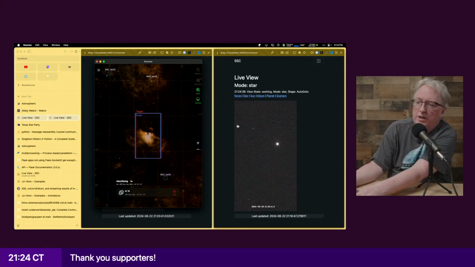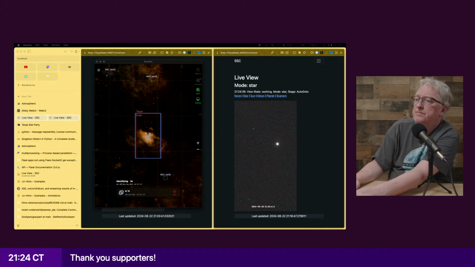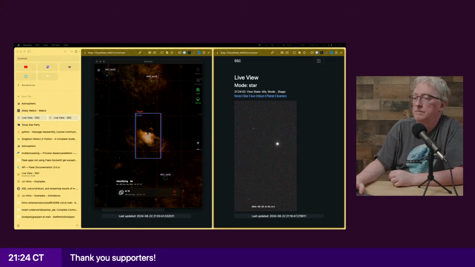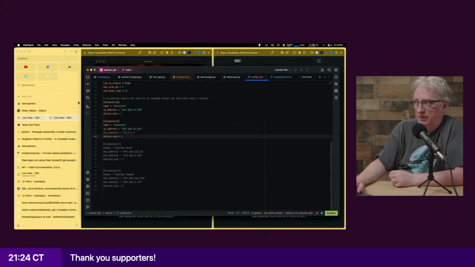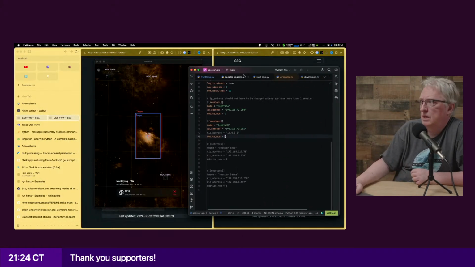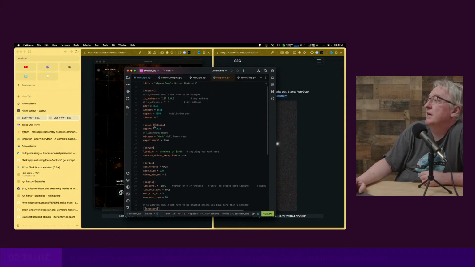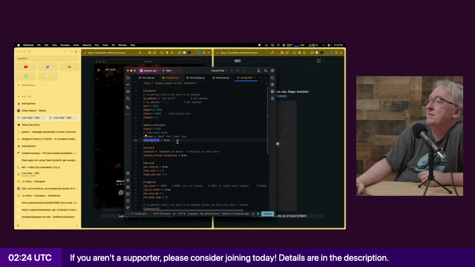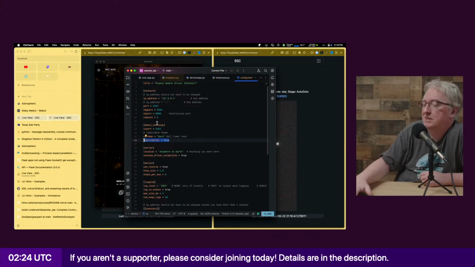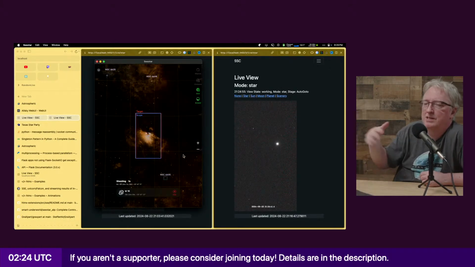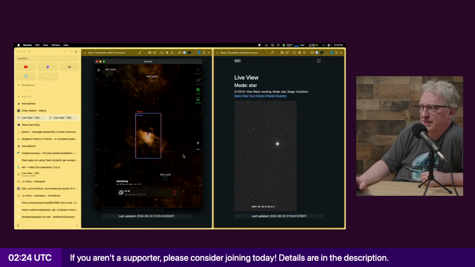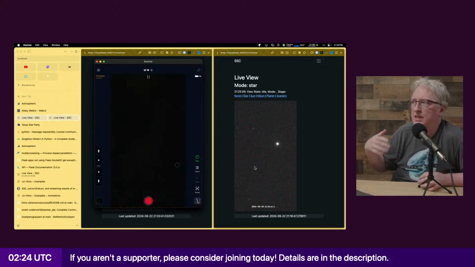But I added a new flag: if you go into the config file, under web UI, there's an experimental flag, so you have to turn on experimental. Eventually it'll be made to not be experimental, but I feel like it's kind of a rough experience right now. But it's improving.